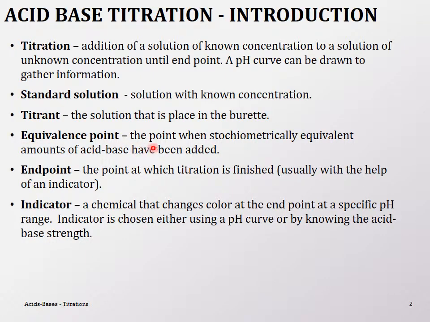Equivalence point is when there is a stoichiometric equivalence of acid and base that has been added, and the equivalence point has to do with the mole ratios. Okay, so whether it's a 1-to-1 ratio, 2-to-1 ratio, that is going to be the equivalence point. The end point of any kind of titration is when the titration is finished, and this is usually given by the help of the indicator. Okay, so the endpoint may not necessarily be the equivalence point, because the equivalence point is based on stoichiometry, and the equivalence point technically